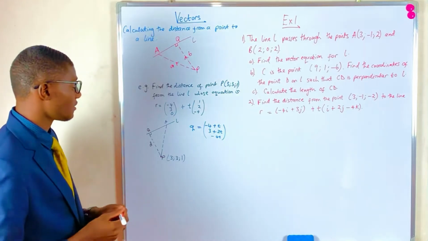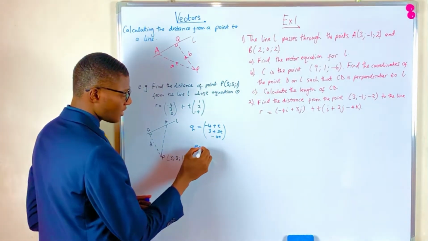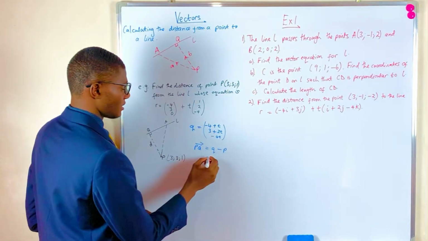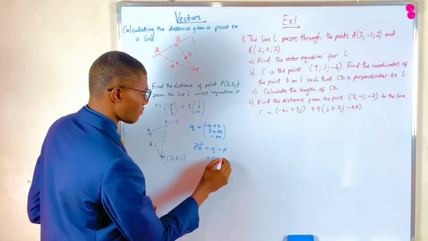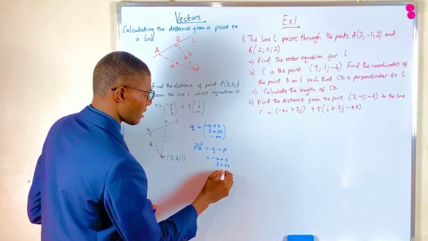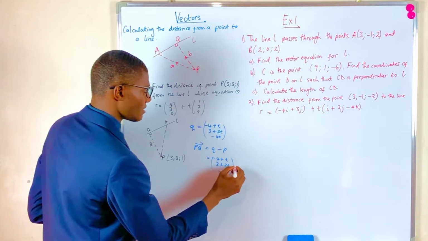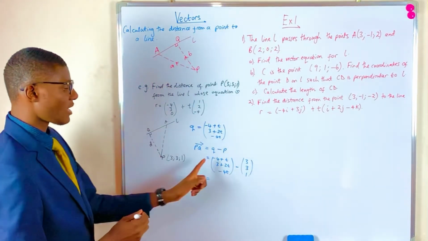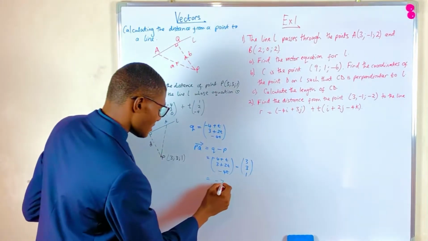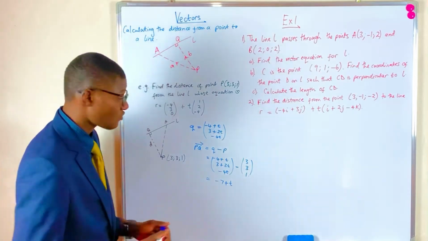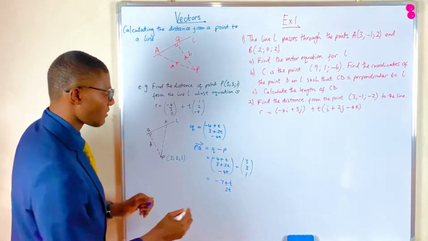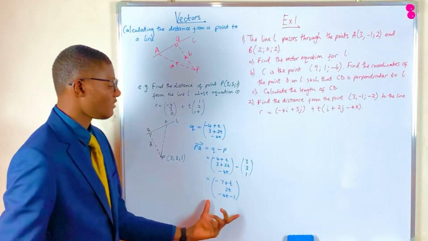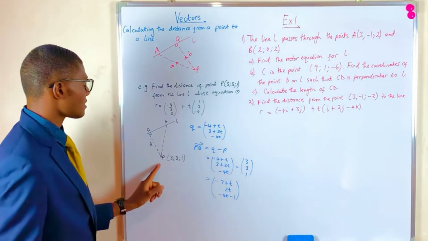This is the position vector of Q, such that if we need to calculate vector PQ, it is Q minus P. Then this would be (-4 + t, 3 + 2t, -4t) minus (3, 3, 1). Such that -4 + t minus 3 gives us -7 + t, and 3 + 2t minus 3 gives us 2t, and -4t minus 1 is -4t - 1. So this is now the vector PQ, but we're saying that PQ is perpendicular to line r,